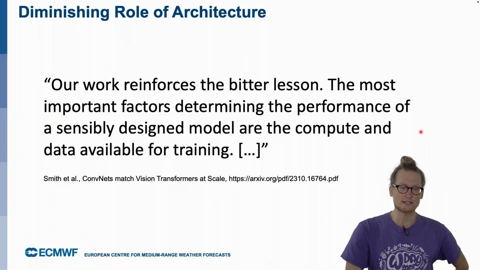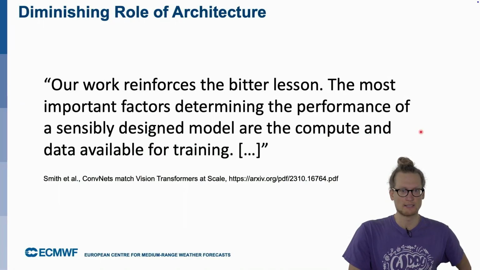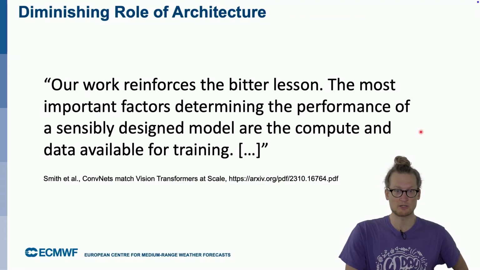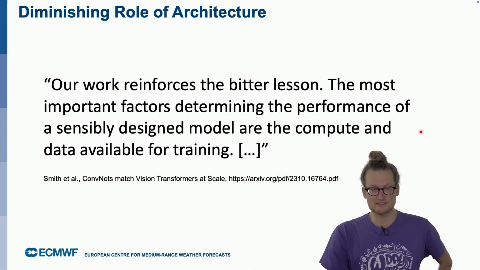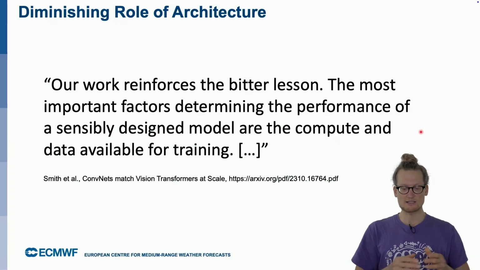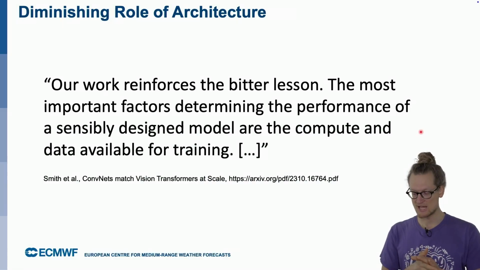Now at the end, I still like to bring this quote, which basically somewhat diminishes the role of the architecture nowadays in deep learning. There was this paper where they said, our work reinforces the bitter lesson: the most important factors determining the performance of a sensibly designed model are the compute and data available for training. So what this says is the architecture that we have doesn't matter so much. The driving factors are how much compute do we have and how much data have we available to push through our model. And that's actually where